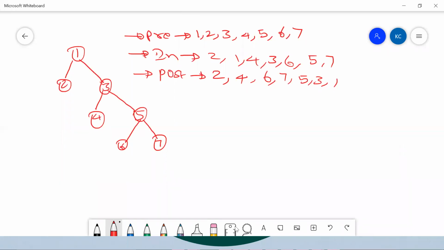So you are able to calculate the pre-order, in order, and post order. And calculating this also felt very hard for most of the people, guys. So good that you have learned it. So now we are done with our theory, guys. We need to write a program for this one.